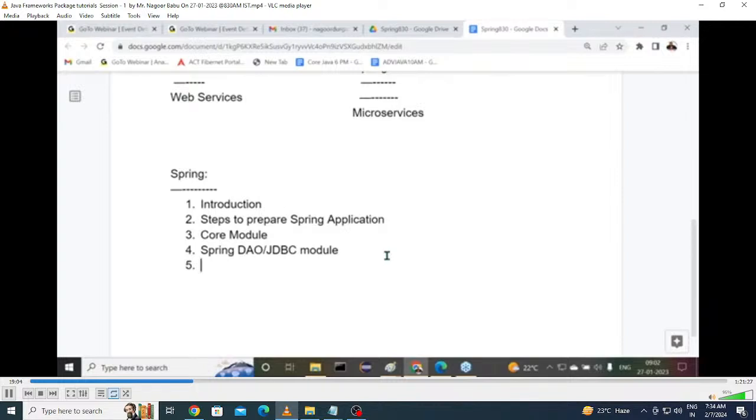Understand it clearly. So the JDBC module is available, and we are able to get very good advantages. Whatever concepts we are able to learn in normal JDBC, all the concepts we are going to understand in the Spring JDBC module in a very simplified manner. We are able to perform all JDBC operations that we have seen in normal JDBC, everything we are going to see inside Spring JDBC. Support is available, but in a simplified manner. Observe carefully.